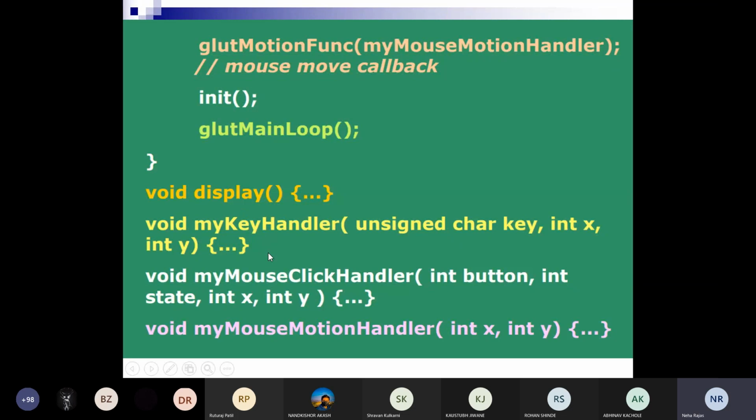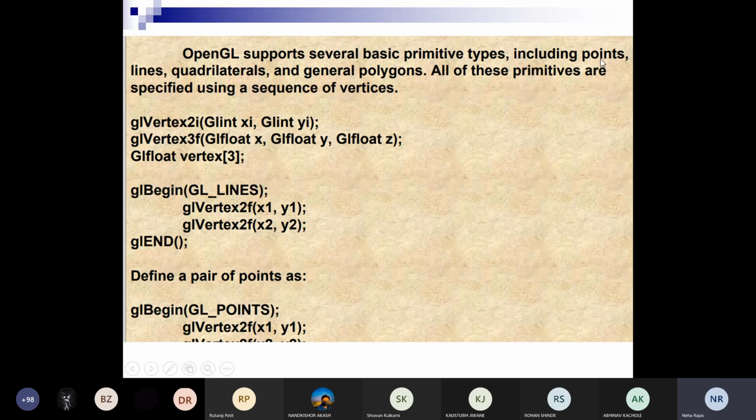Okay, so OpenGL supports several basic primitive types, including point, line, quadrilateral, general polygon. All of these are specified using a sequence of vertices. जैसे आपने अभी तक जो प्रोग्रामिंग की थी उसमें क्या थे प्रिमिटिव टाइप, जैसे आप इंटीजर यूज करते थे, फ्लोट यूज करते थे, या कैरेक्टर यूज करते थे, या स्ट्रिंग यूज करते थे.